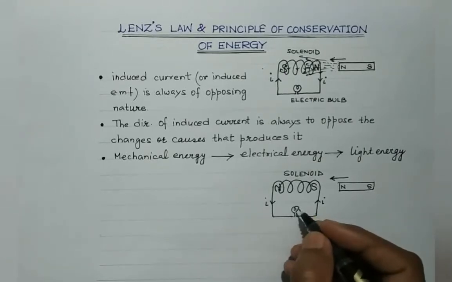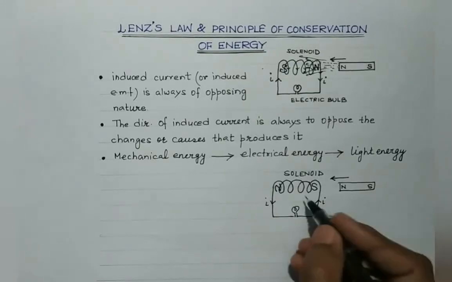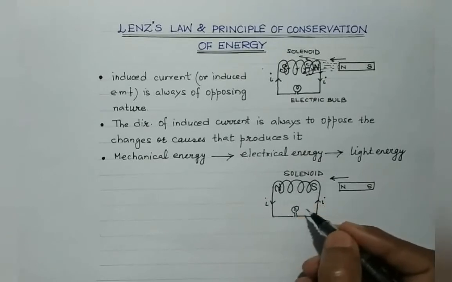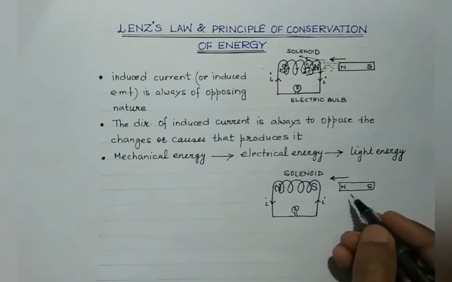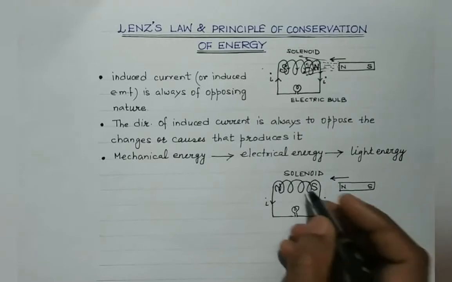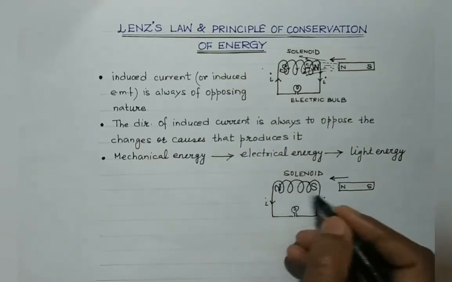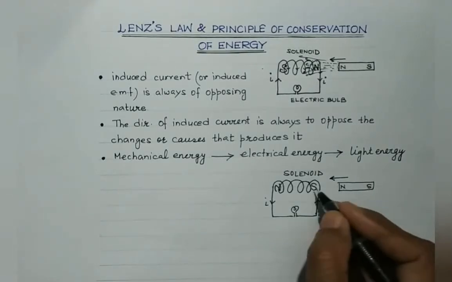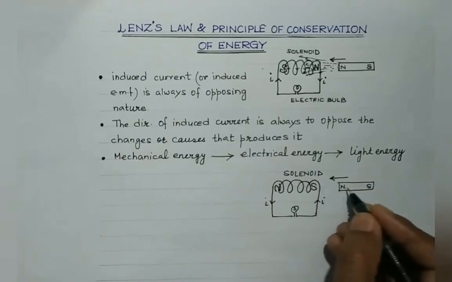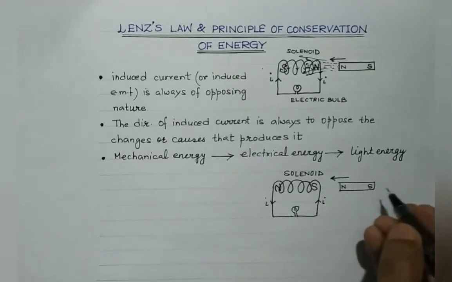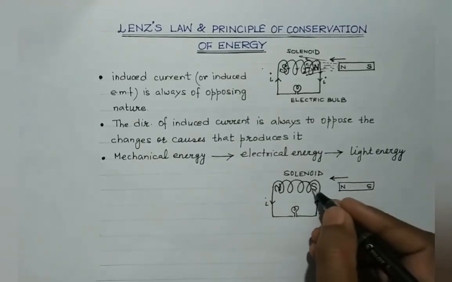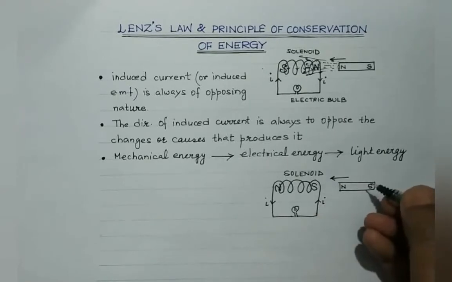So in this case, if the current in the solenoid is assumed to be flowing in a direction against Lenz's law, then the magnetic field lines will be produced from right to left, isn't it? Like this. And the magnet would be attracted towards the solenoid. Look, this is north and this is south. So obviously there will be a magnetic force of attraction. So the agent bringing the magnet towards the solenoid will also experience a magnetic force of attraction, which will aid the agent in bringing the magnet closer to the solenoid.